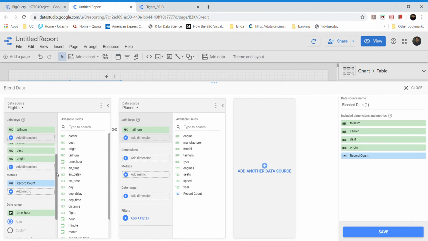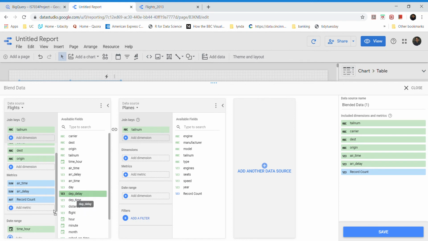And for the metric, let's use air time. You just have to drag and drop the fields as I'm doing here. The arrival delay, departure delay, and fields like these, maybe distance.